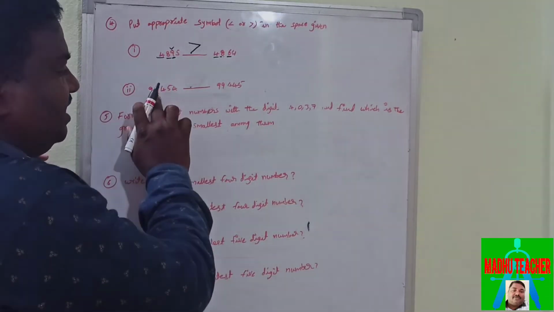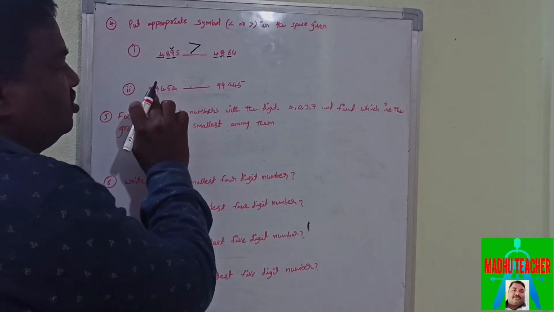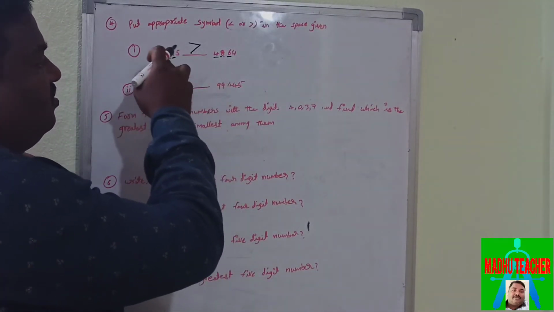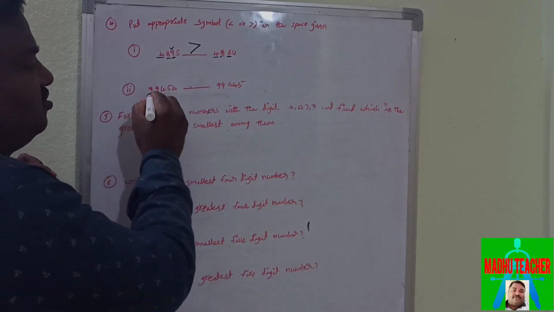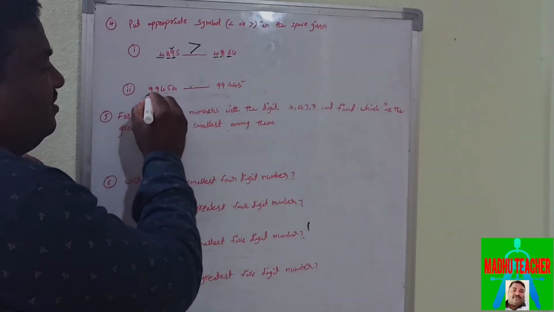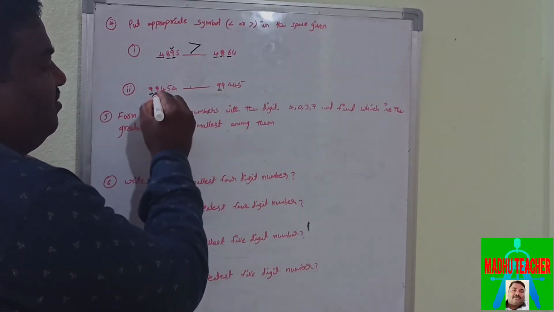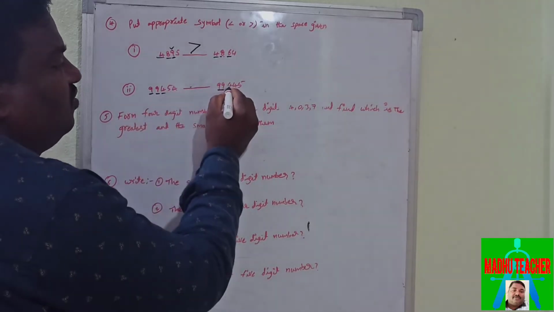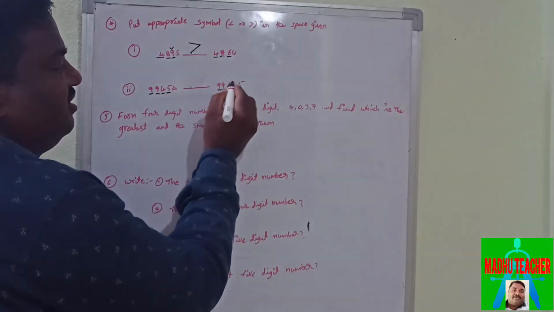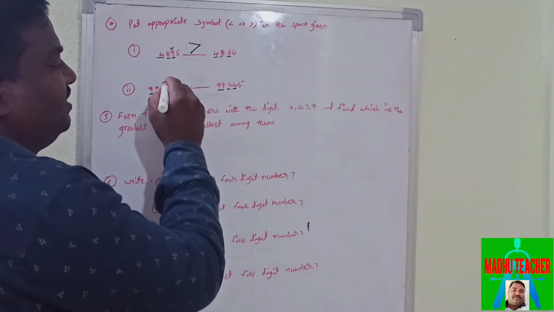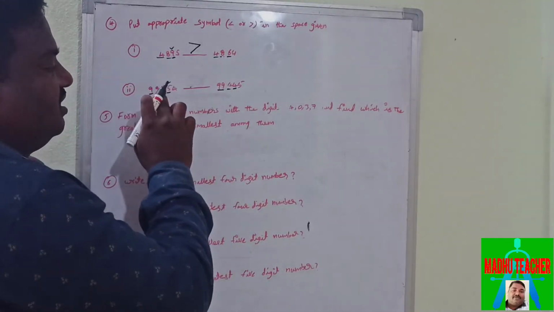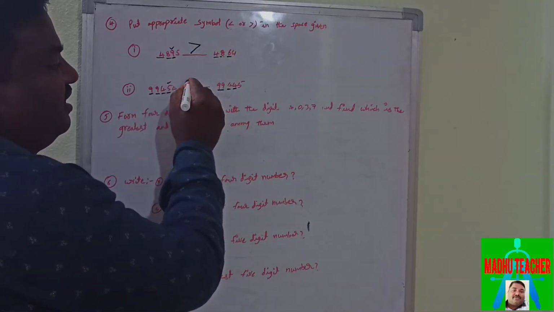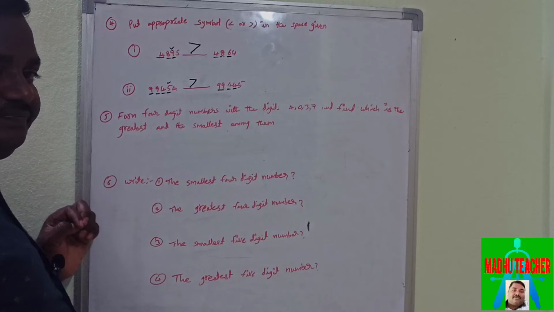Okay, see the second. Here also we have the same number of digits. So again the same method. First you have to see the first number from left. 9. Again 9. So the third digit is 4. This is 5 and this is 4. From these two, 5 is the greater number. Then we say that this number 99,454 is greater than this number.